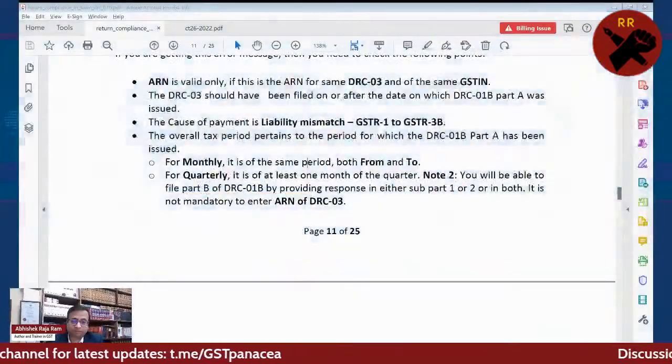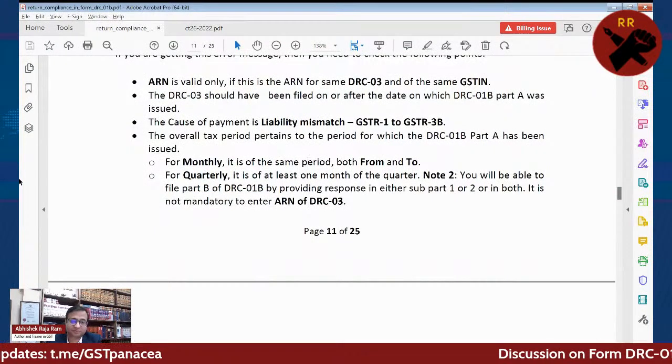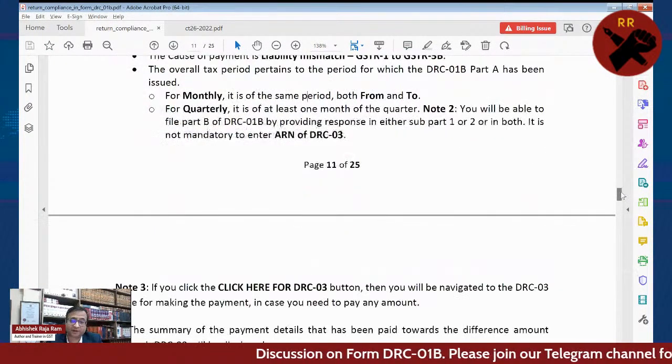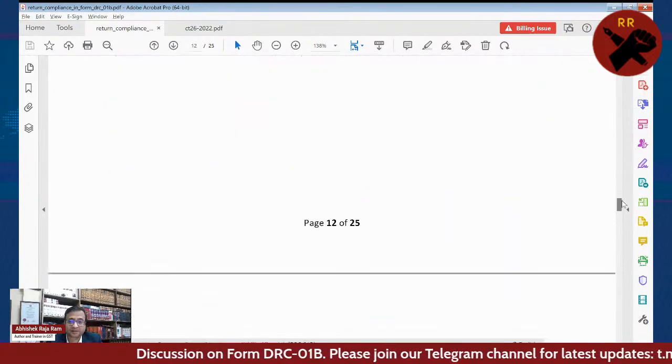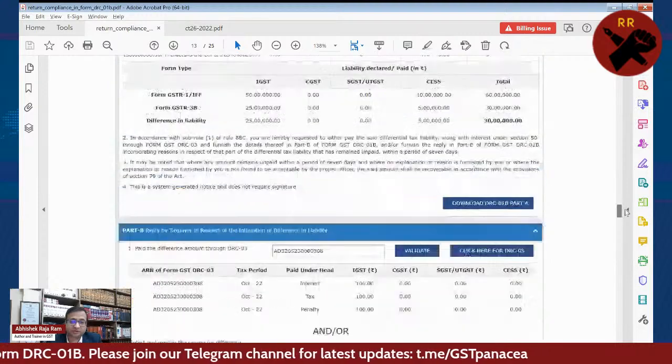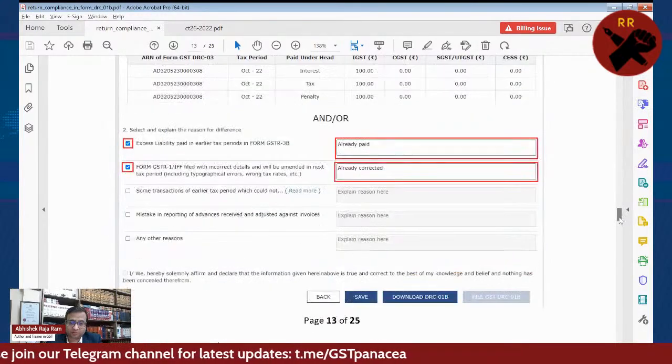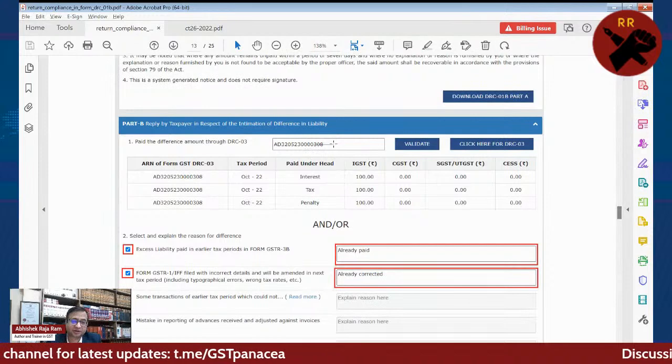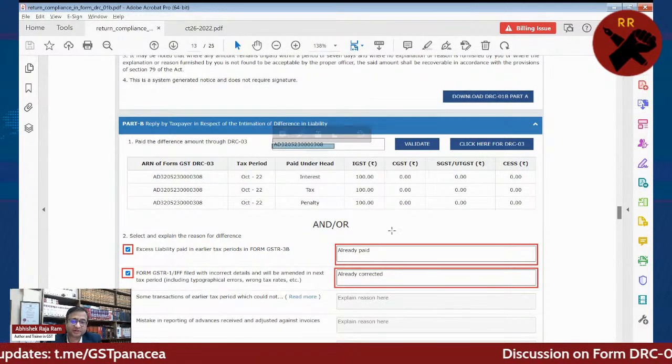So then this goes to the grievance portal. You might be required to raise the grievance or you have to explain to your officer, sir, the liability that was there, I have already paid. But again, they are not accepting this. Sorry, this problem can come online if you have paid this liability. Then once you have paid, now this DRC-01 ARN is validated.